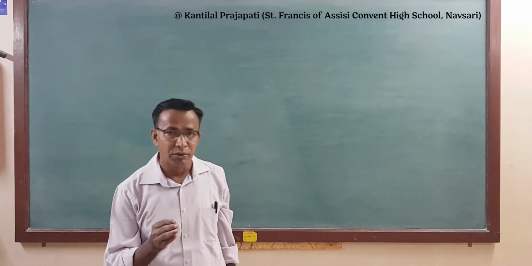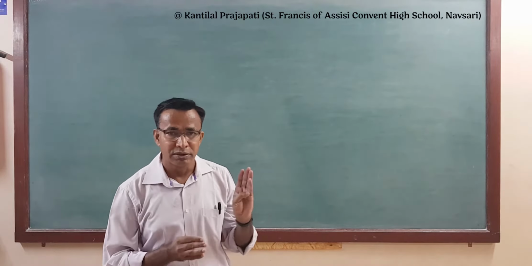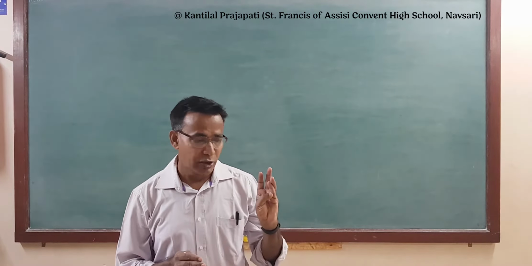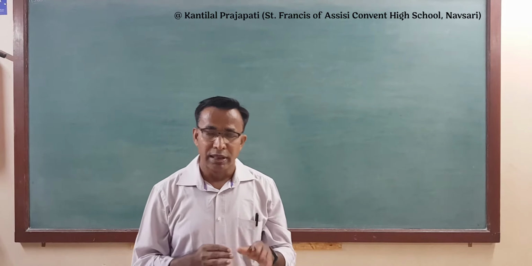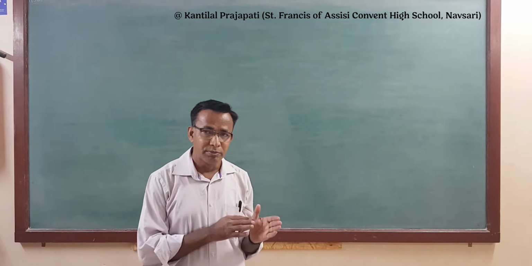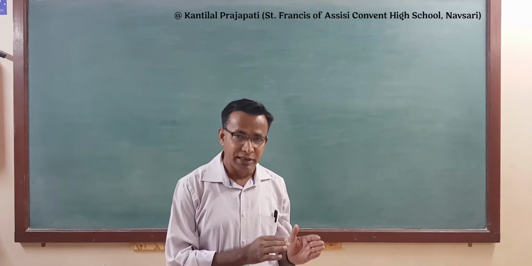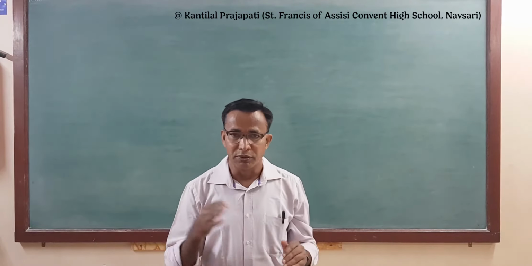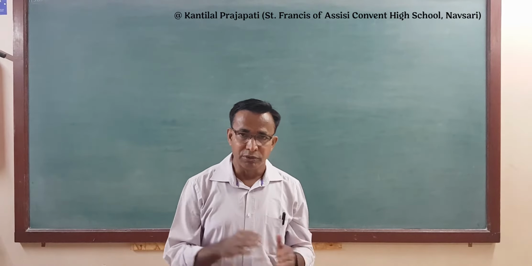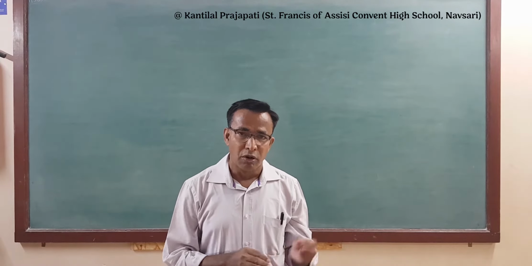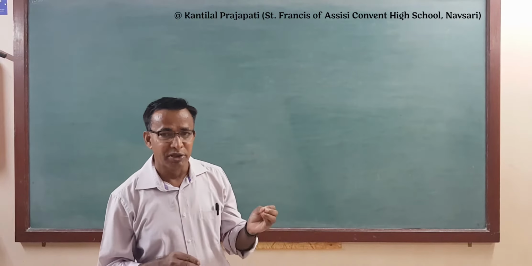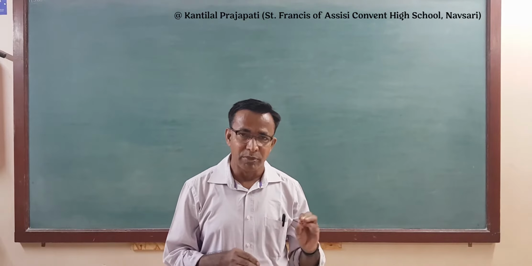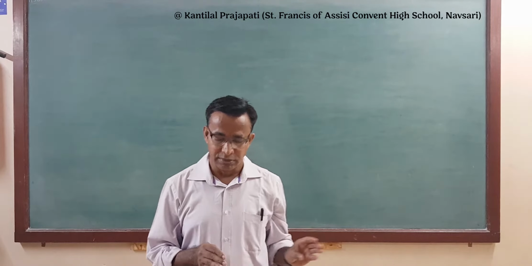Then we have discussed the units of the angle, that is mainly two units: degree measure and radian measure. Then we have defined the relation between the radian measure and degree measure also. Then we have written the formula to convert degree measure into radian measure and radian measure into degree measure. Also we have discussed the relation between real numbers and radian measure. Real number and radian are similar, nothing different, right?